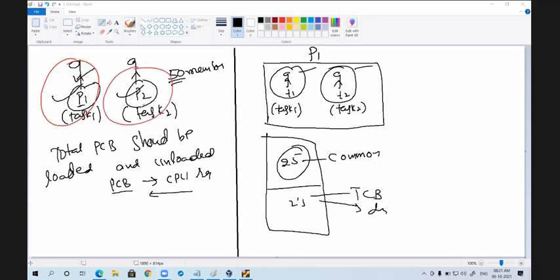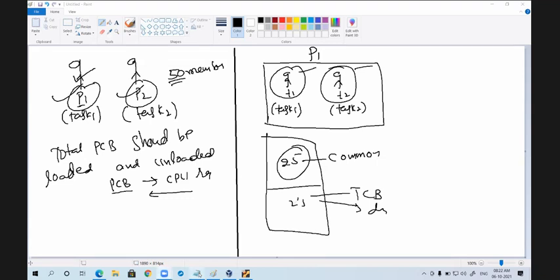But when the context switch is between the two threads which are present in a single process, then the entire PCB need not be loaded and unloaded. Only a few members which are not common between the threads need to be loaded and unloaded. So thread context switch is faster compared to the process context switch. If you understood this point, type 2 in the chat box.